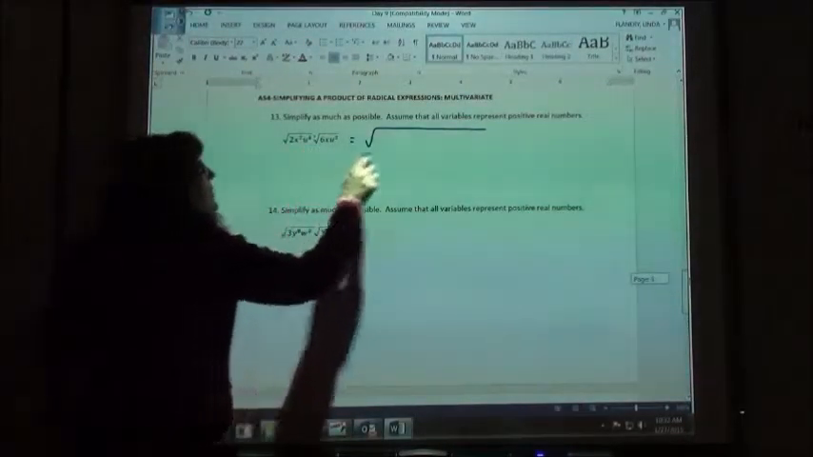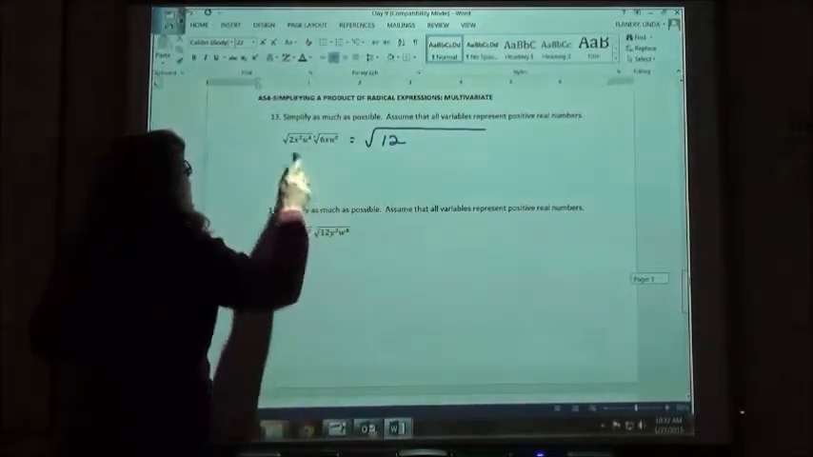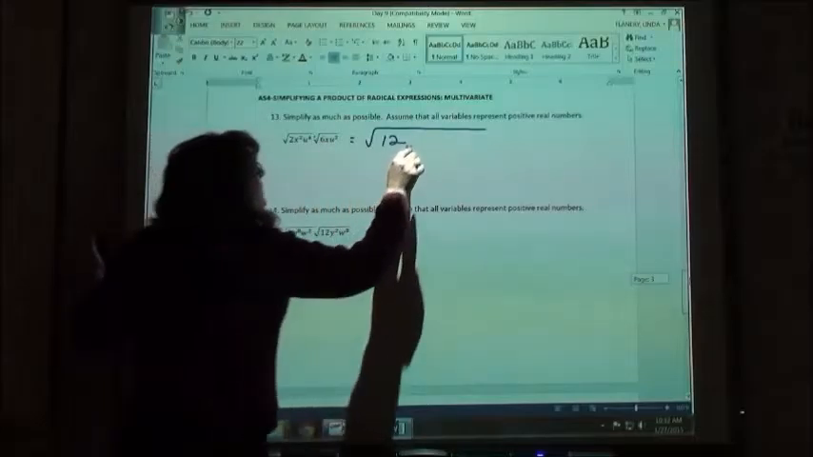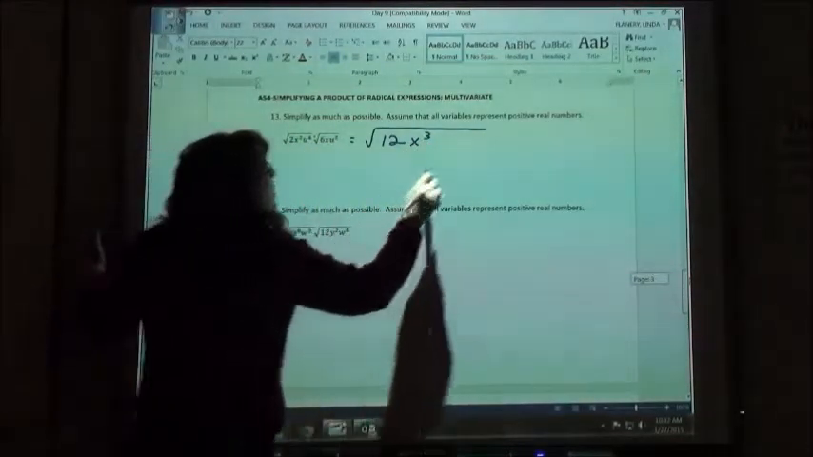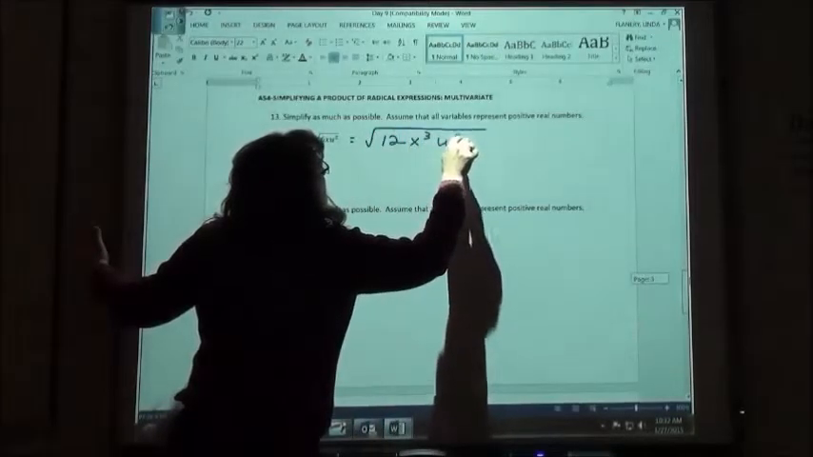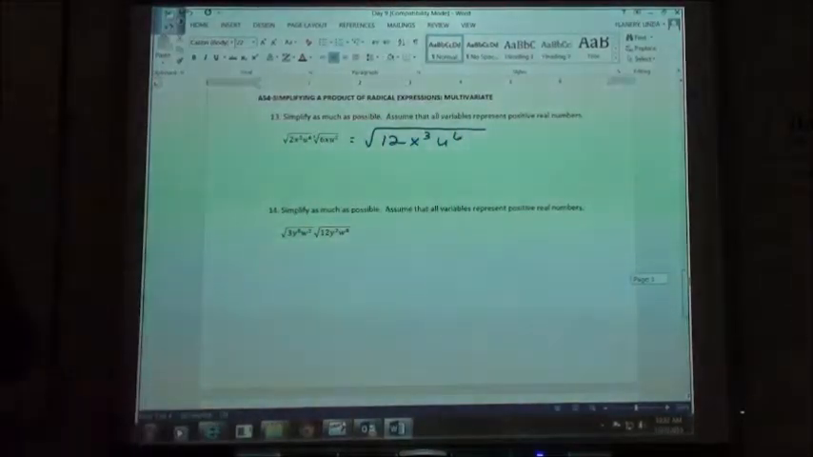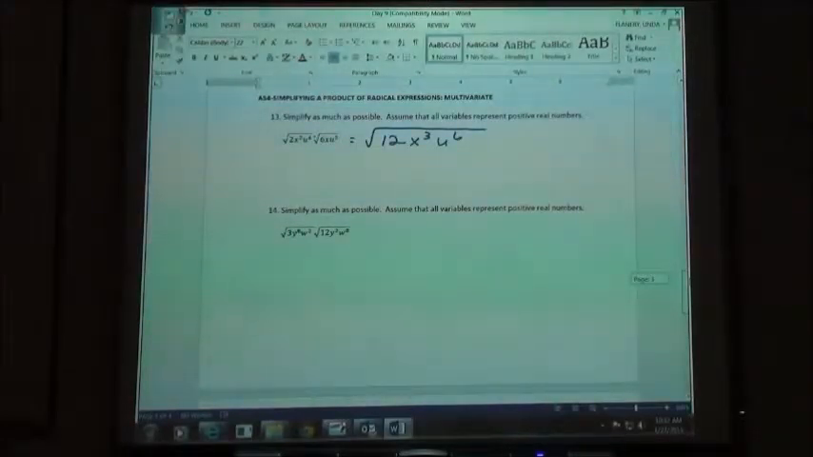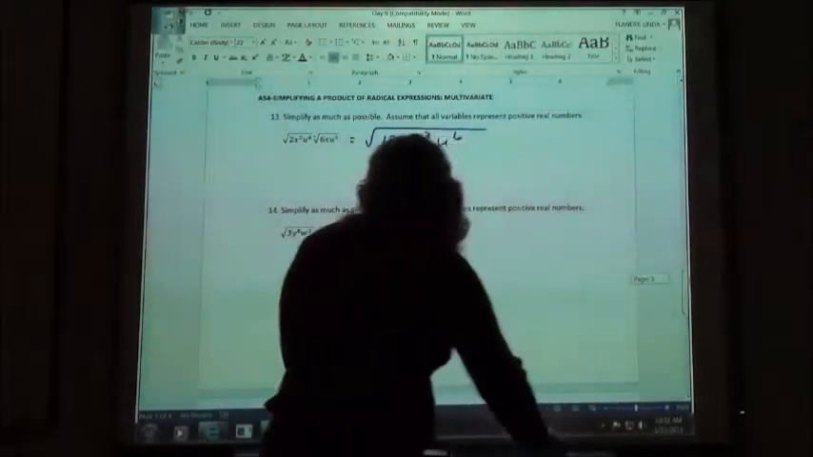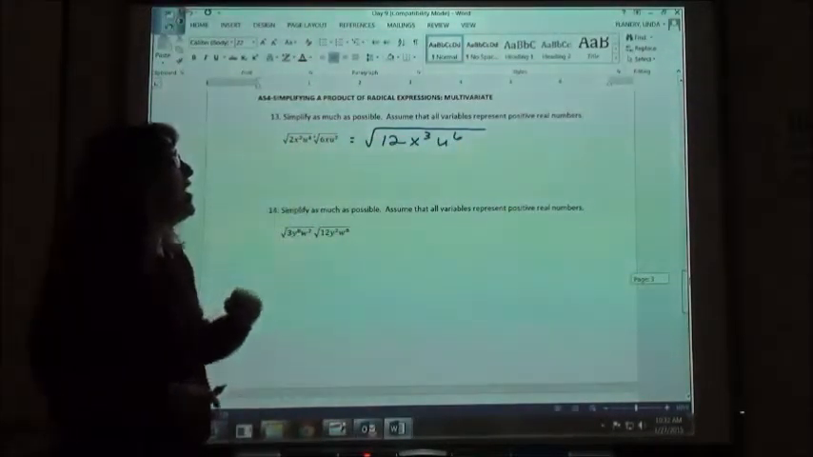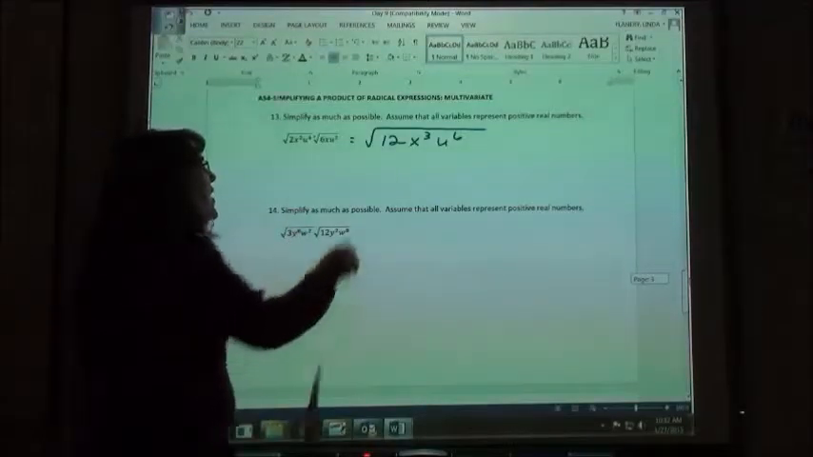So 2 times 6 is 12. X to the second times an x is an x to the third. U to the fourth times u squared, u to the sixth. Adding my exponents there, right? When I multiply, I add my exponents. So now I have that expression, 12x cubed u to the sixth. I want to do the square root of that, so now I'm going to do my simplification